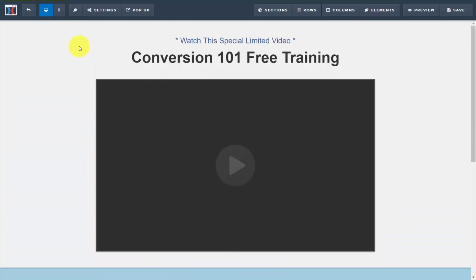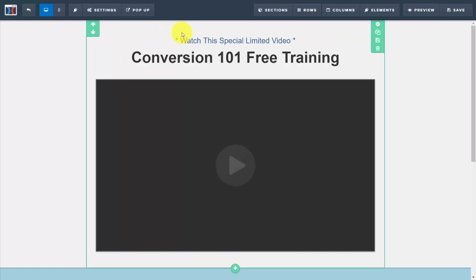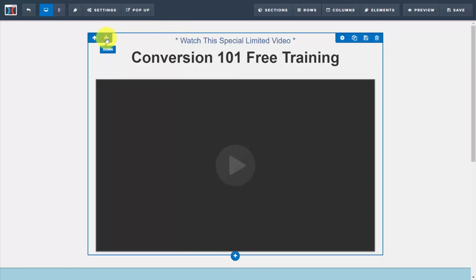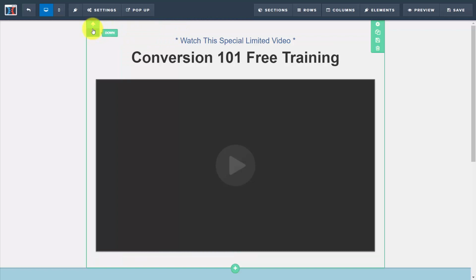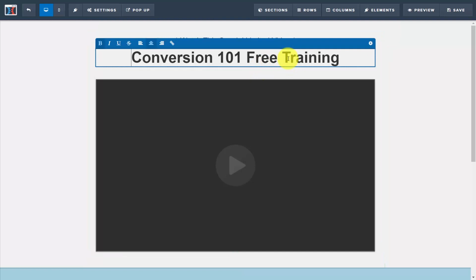So basically, again, when you're working with an existing template, all you'll need to do is hover inside of the element and then begin to work with the apps in that element: settings, clone, save, or delete. And if we want to edit content, for example, we can click inside of the app. We can write in our new content. Once we've completed what we want, we can then click